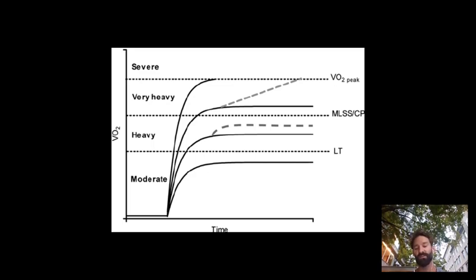The heavy domain is identified by having the slow component, where after the initial kinetic, after the initial rise, you get a continuous rise to a higher steady state later. That defines the heavy domain. And this nicely lets you separate the type of training you want to do. Do I want to do threshold training? Then you have to be at the high end of the heavy domain. Or I want to do polarized training, so I want to be in the severe and I want to be in the moderate. And NIRS can actually help you